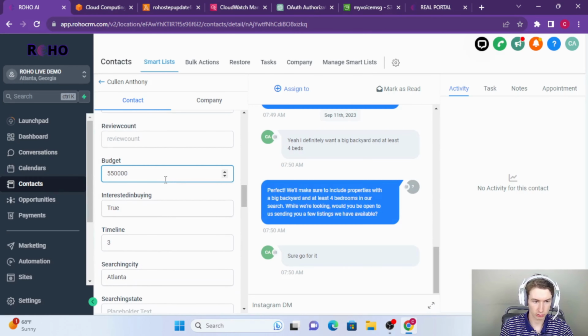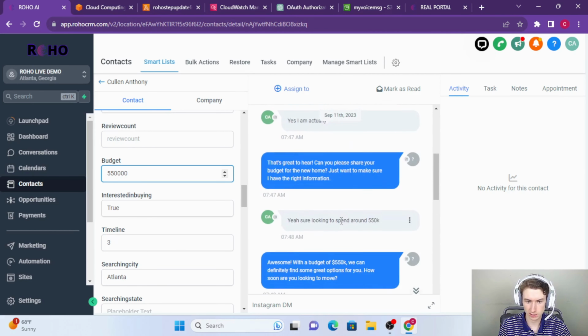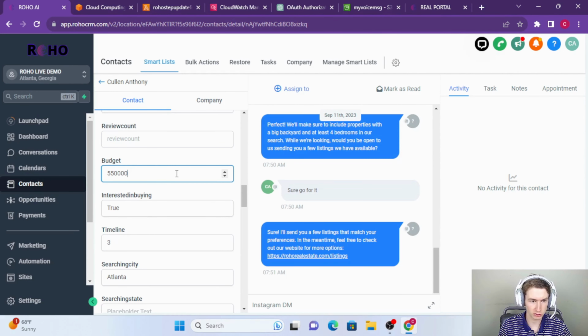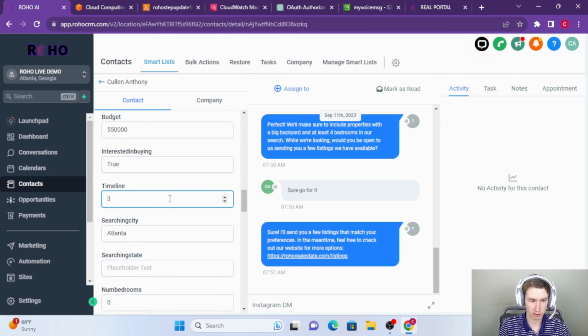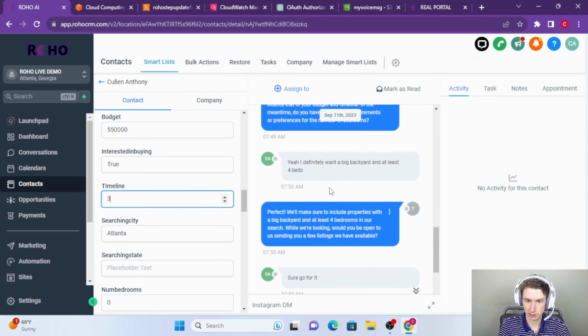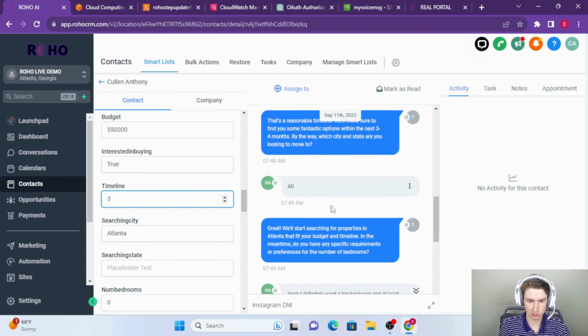And if we go here, you can actually see, right, it's saved our budget as a whole number, 550,000. And remember, up here I said 550K, and it was able to interpret that and then save it as an integer value, which is crazy, right? Over here we have our true or false value, which has been saved as true. In our timeline, which I defined as months, remember I said, okay, this is our timeline in months. And I said, what did I say? 3 to 4 months, right? So it's saved as 3. And then Atlanta,